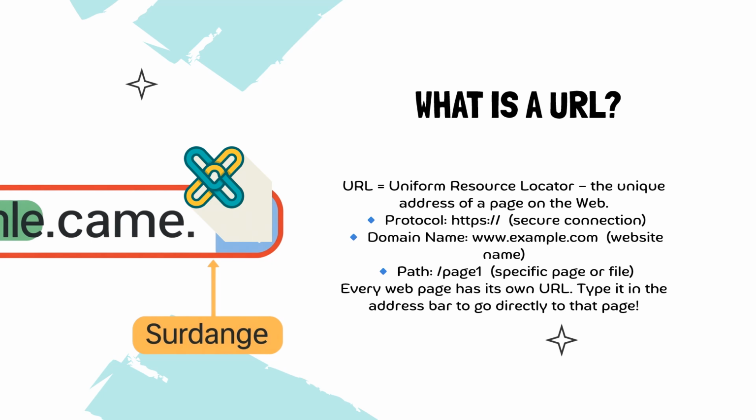A URL can contain different parts. First, the protocol, such as HTTPS. HTTPS is Hypertext Transfer Protocol Secure. Then next is the domain name, which identifies the website. And sometimes there is a path, which directs the browser to a particular page or resource within the website. You don't have to memorize every technical detail yet. For now, remember this: a URL tells the browser where to find a resource on the web. All right? Let's move on.